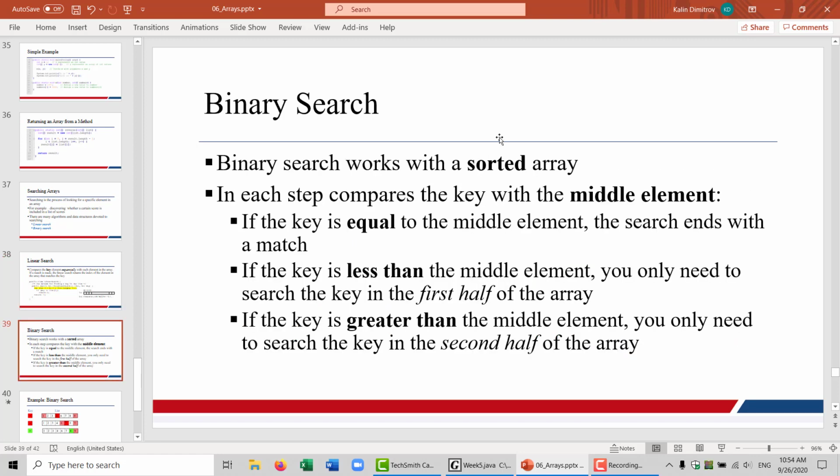The binary search is a little bit more complicated. It's a lot faster. It does require, however, that your array is pre-sorted. Even if you have to sort your array and then search it, it may very well still be way faster than the linear search. And for this to work,